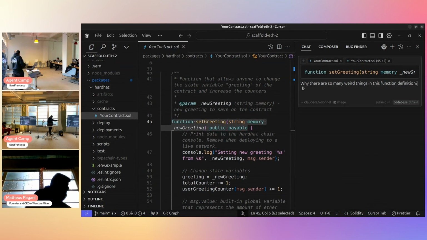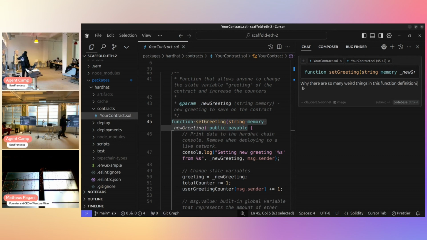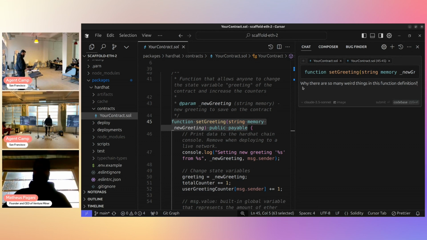Does it sound weird? You mentioned that this is the first time that you are seeing something, right? So this is a function definition in Solidity. It is different from a function definition in Python, in JavaScript, and all. The function definition sometimes is bigger than the function itself.